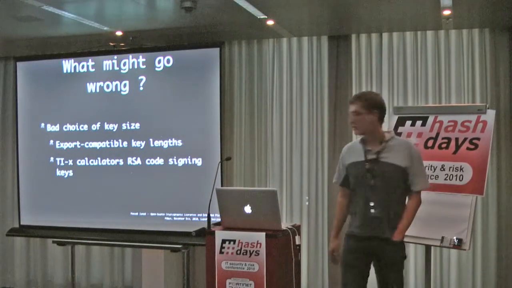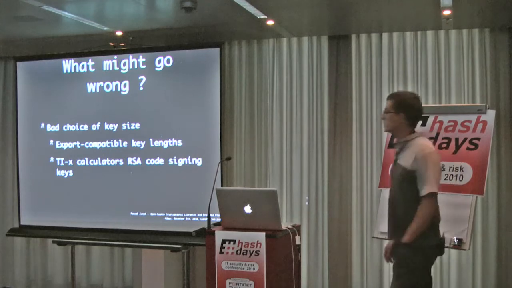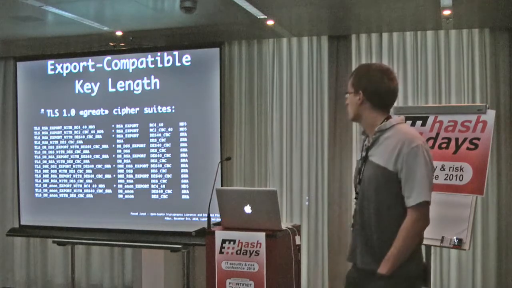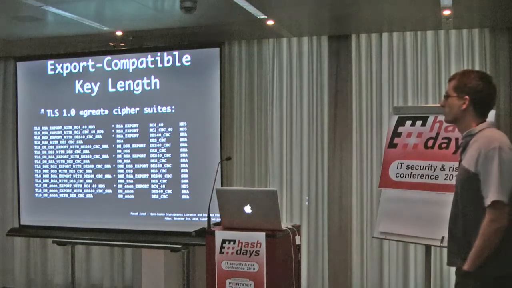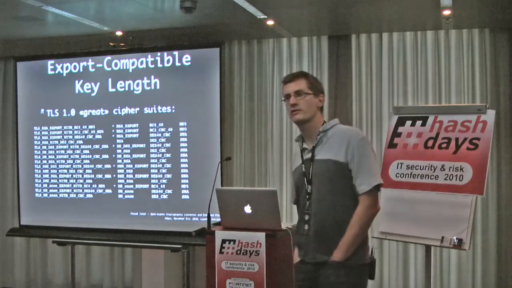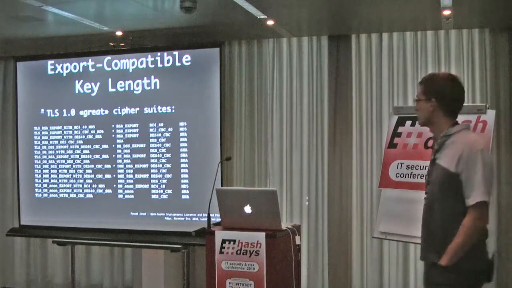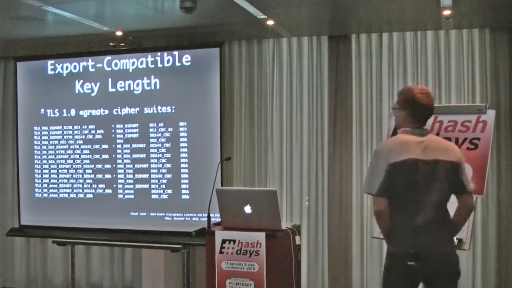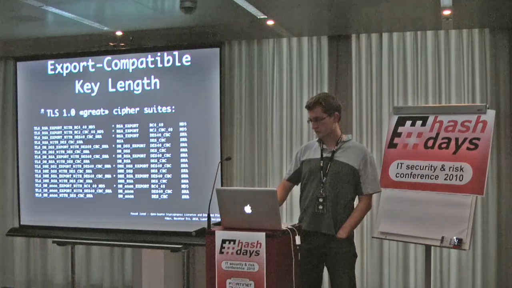Another example of what might go wrong is, as everybody knows, the bad choice of key size. For instance, if you look at the TLS standard, you still have a lot of security suites which are completely insecure, which have, for instance, export compliant key sizes, which is 40 bits for symmetric ciphers and 512 bits for asymmetric ciphers like RSA. And if you don't care about this key size, maybe you are going to have your application at risk when using cryptography, although you are using cryptography to secure everything.